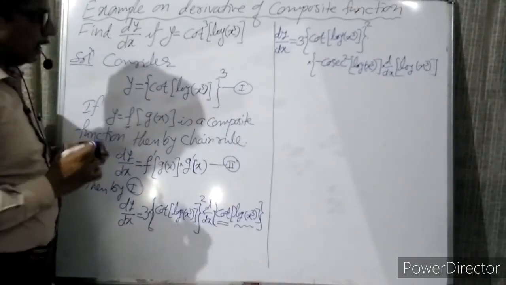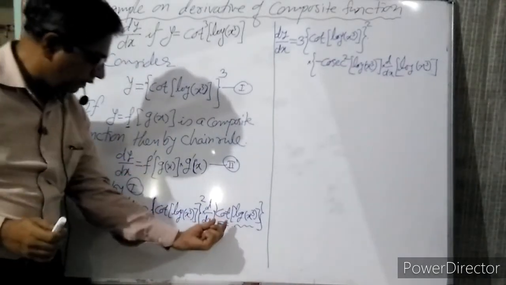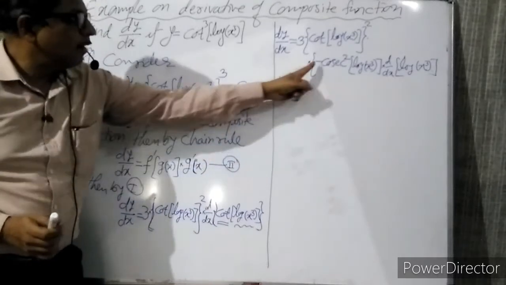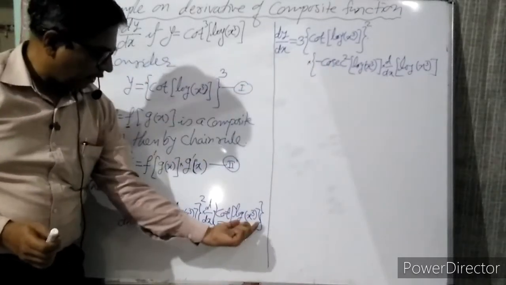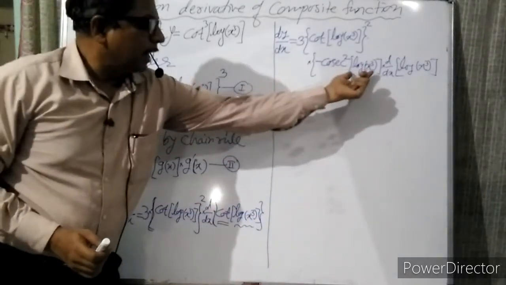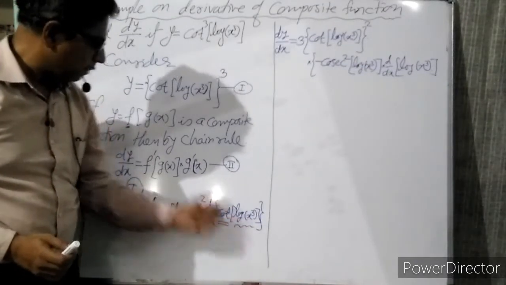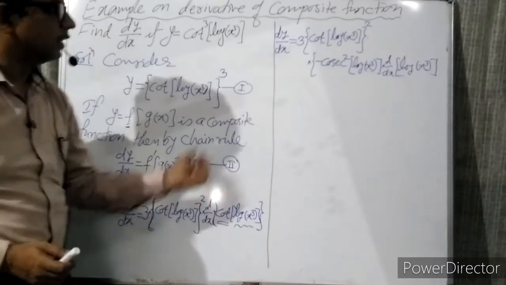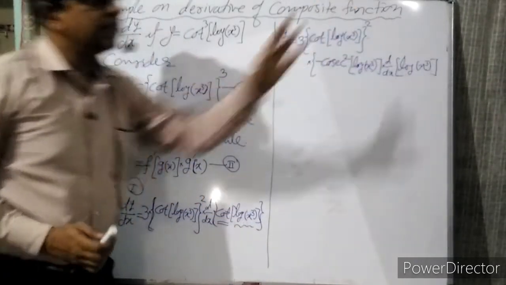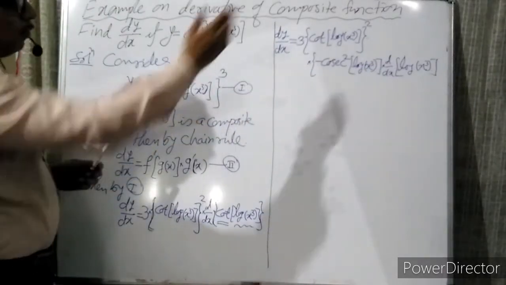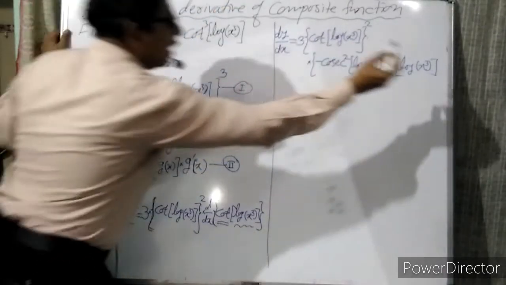Okay, so see what we have done. We have taken the derivative of cot. Derivative of cot is minus cosec square, inner function as it is log of x cube, into, we have to multiply it by derivative of inner function, derivative of log of x cube. And now we have to go for the last step. I will complete the curly bracket also here,